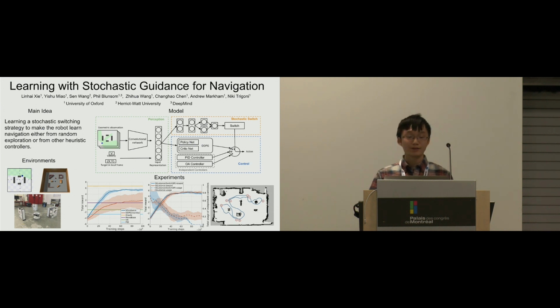During our experiments, we found that with this mechanism, the DDPG can first learn from these heuristic controllers, as its policy is really bad at the beginning. And at the late stage, when the policy of the DDPG becomes quite good, it can learn to drop all of these heuristic controllers. At this time, we can turn off the switching mechanism, and the DDPG can continue to learn by its own exploration.